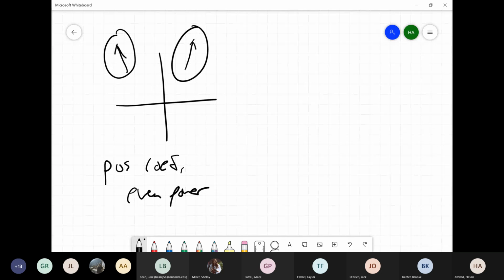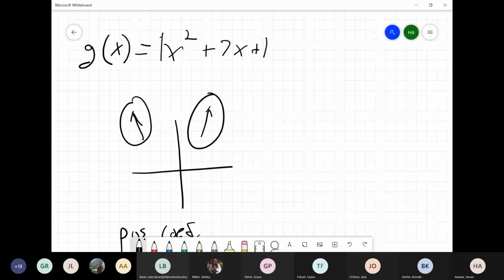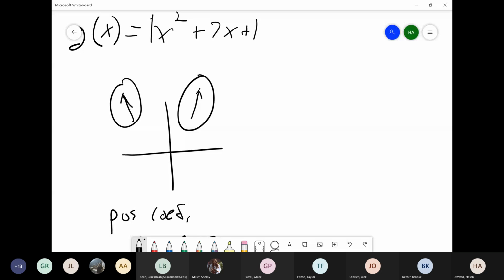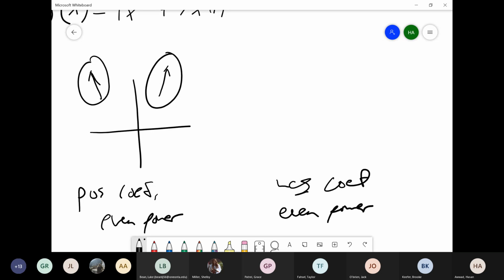The other situations could be if you have a negative coefficient, but you still have an even power. So say this was like a negative x squared, for example. Well, all that's going to happen is that it's just going to flip the graph, right? So if we have a negative coefficient and an even power, then your graph would just be flipped, right? So that means that your end behavior of the graph would be your 2 arrows, both of them still now